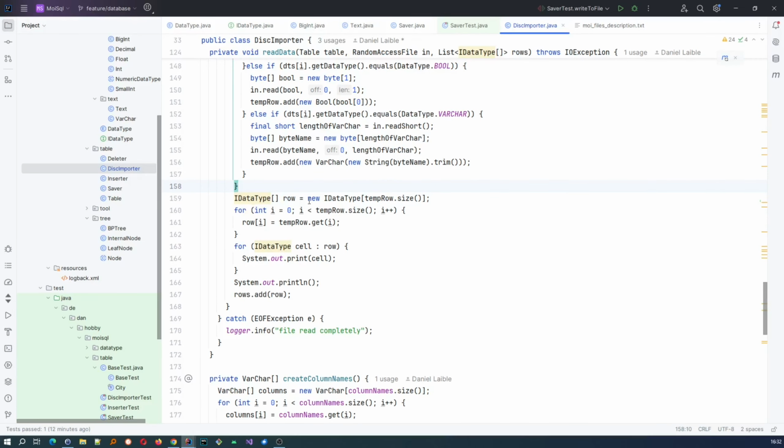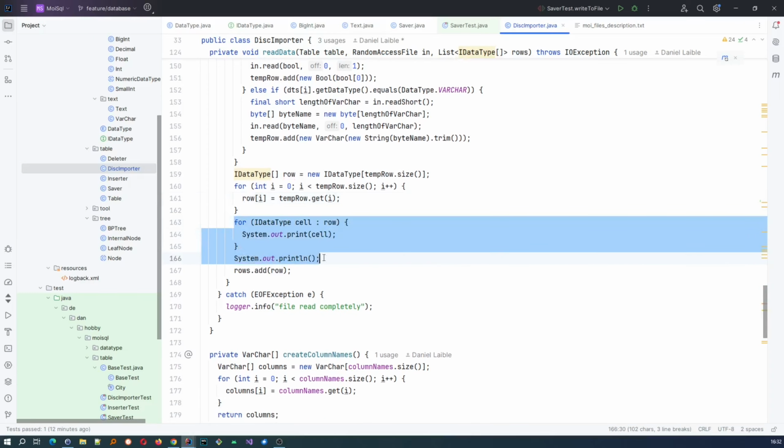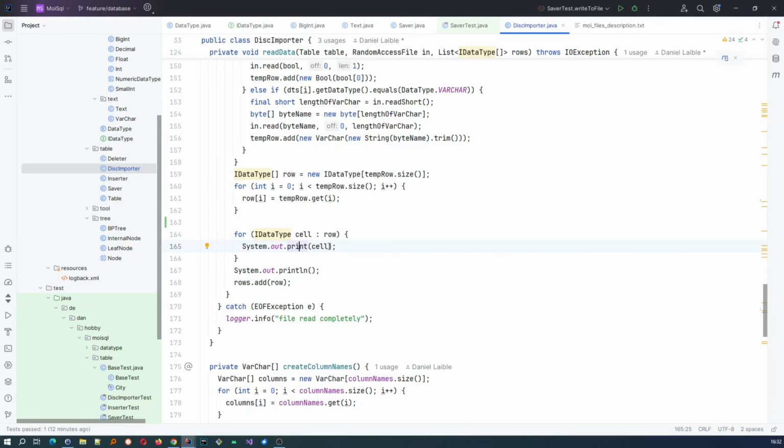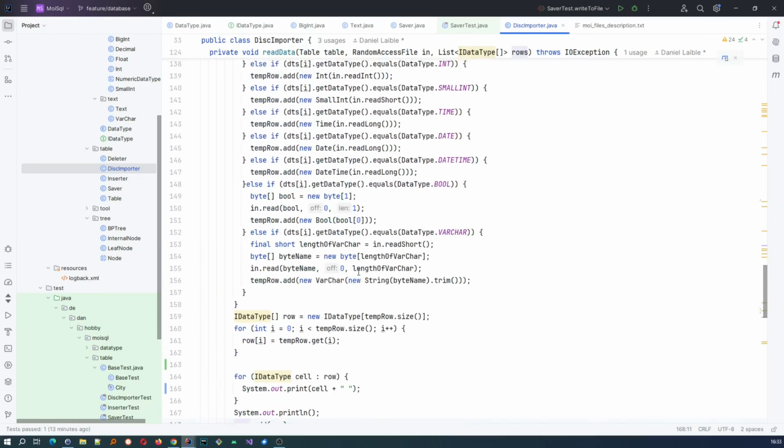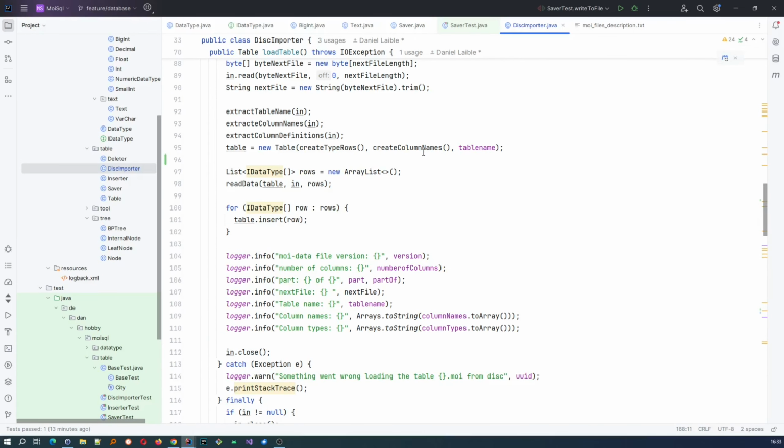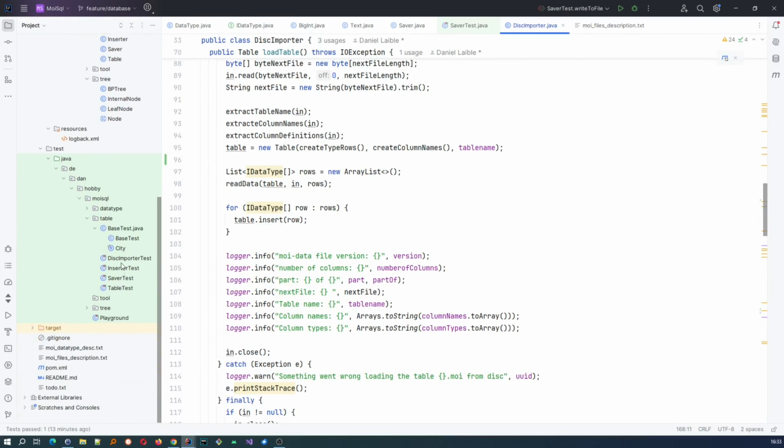In the end, we go through this temporary row and transform it to an actual IDataType row. Here, that's just a printout for us to observe. But what we could actually do is, at the end of the row, it has the line break, and we add this row to all the rows, and that's about it. So let's test it. If it works,